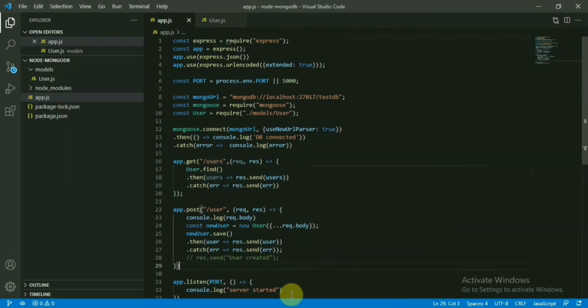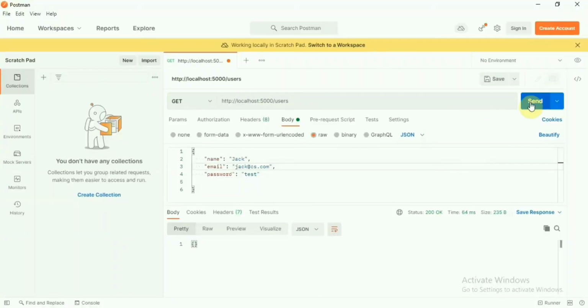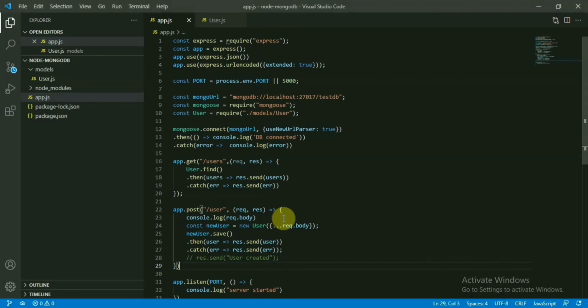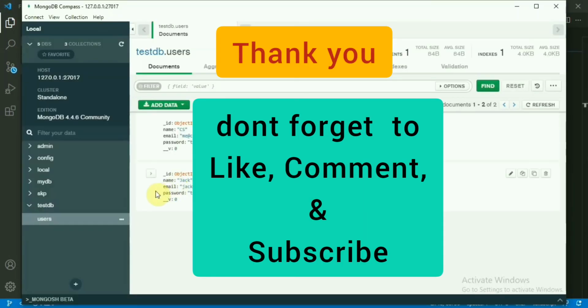Now let's try to run this from Postman. See, we are getting two records from the database, two objects for the two users that we have just created. So our get query is also working perfectly. So this is the find query, and we already have created the save query. So this is how we can create data in MongoDB, and this is how we can fetch data in MongoDB. We can also filter this data using a query inside this find. We can pass our queries, and